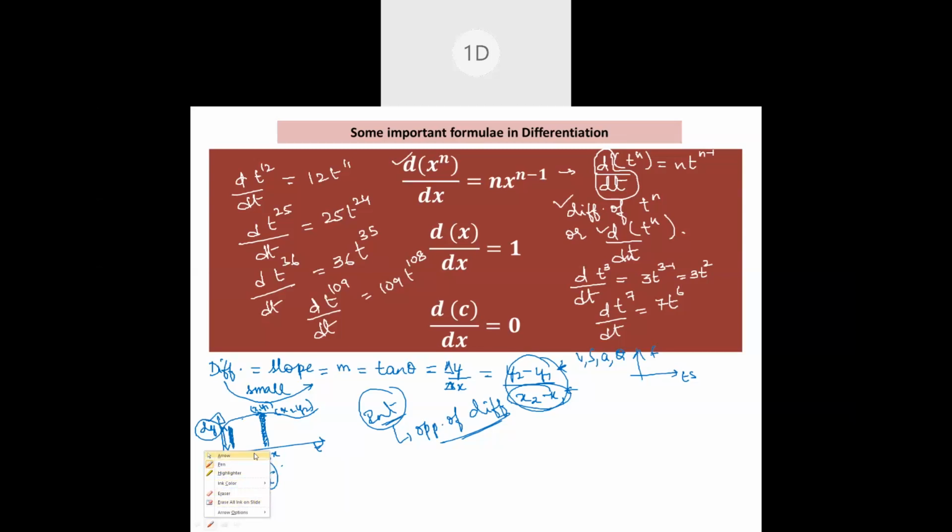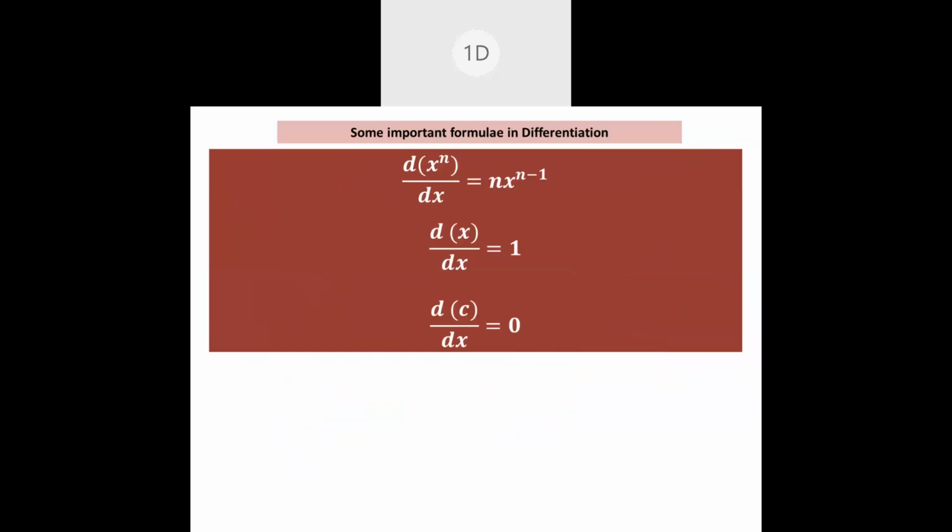Everyone, guys, I'm erasing what is on this slide. I will explain the other two formulas. See how we got one here. Actually, same formula, but I don't want you to remember. That's why I told you to just take the value. Differentiation of t is 1 by default. Because here t means nothing but t power 1. N into t to the power of n minus 1, n into t power 0. So 1 into 1, totally this is 1.